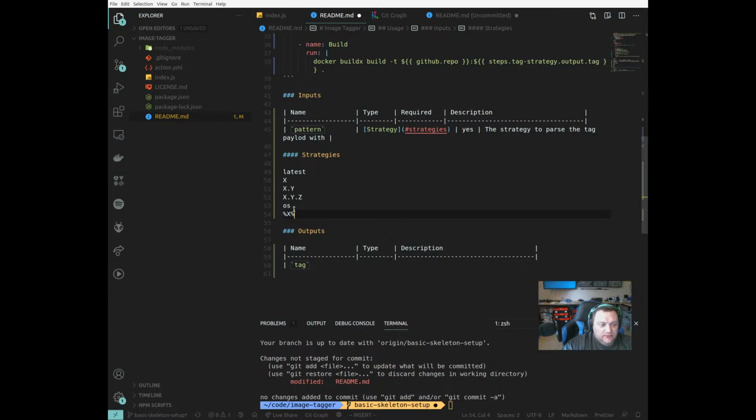percent dash OS, like that. So the percent signs are implied, but you can also explicitly